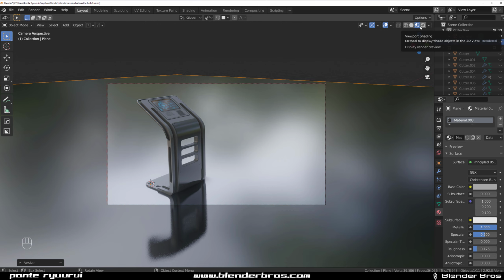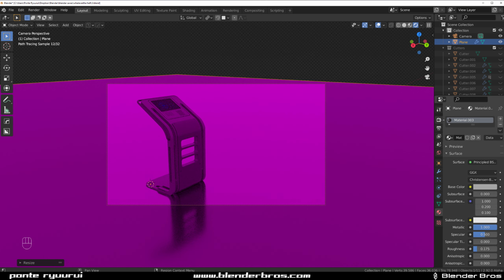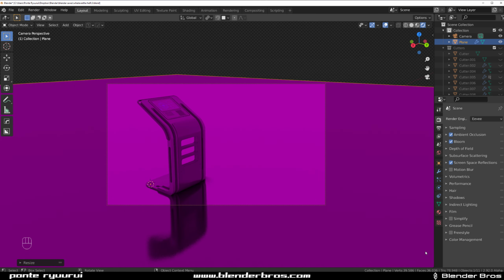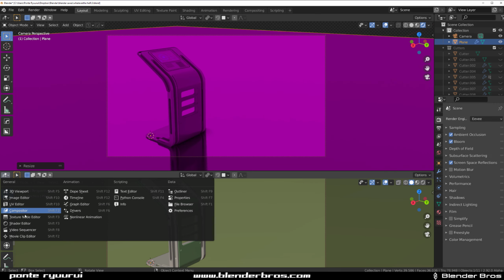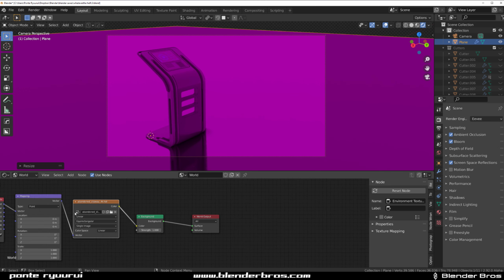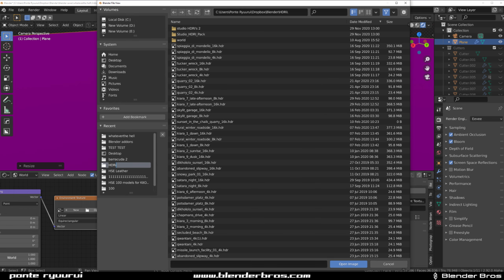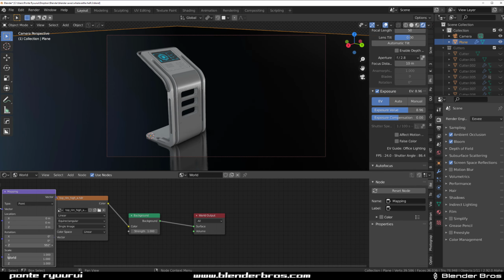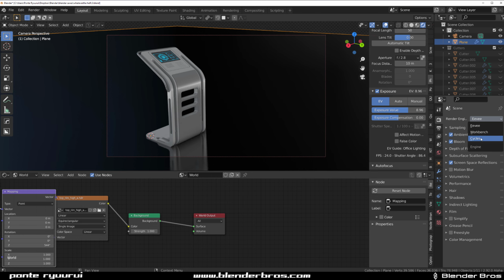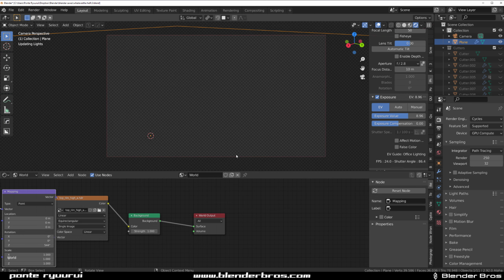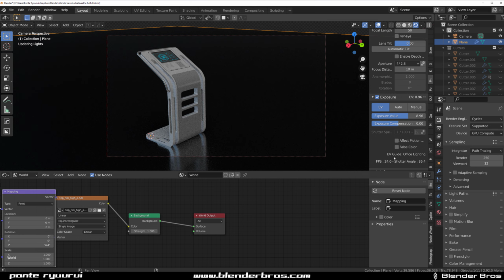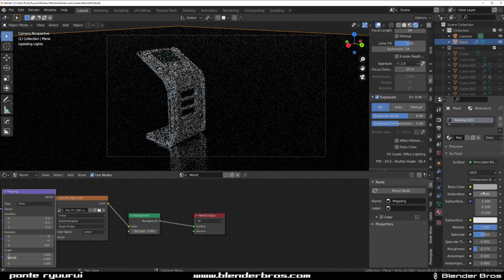And let's go to rendering. Let's switch to Eevee for a sec. And let's go to shader editor. Switch to world and let's open the HDRI. Oh, this one is interesting. Something like this maybe. Let's go to cycles and see. Oh, that's pretty cool. This floor is way too dark now, so we will need to do something about this